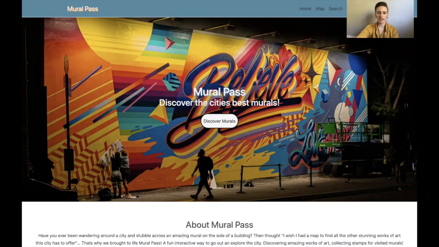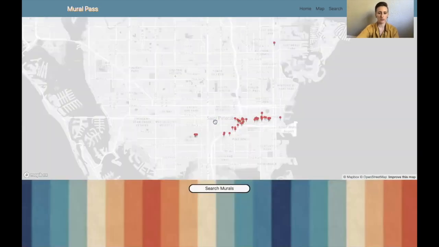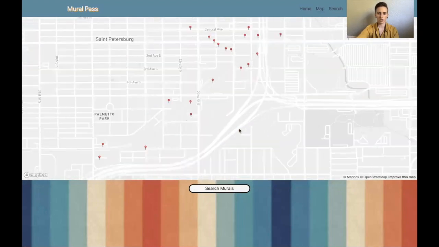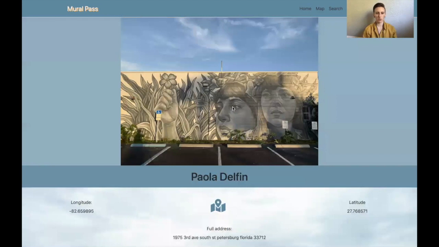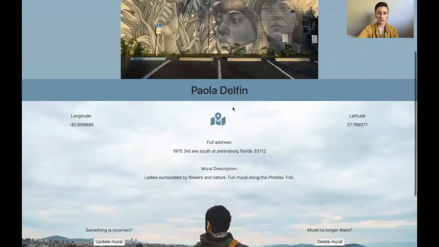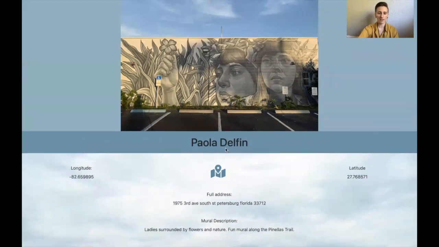And then one last aspect of Mural Path I would really like to implement is more of a social aspect. I called it Mural Path because I wanted it to be more like a passport, where you go out in the city and you found this amazing piece of art, you can go down and collect a stamp, just like in a passport, like there's Pub Pass that does it, or just like a regular passport, a stamp to prove that you have been to this mural,